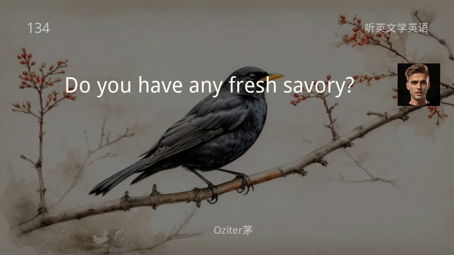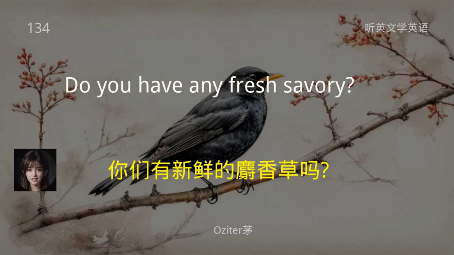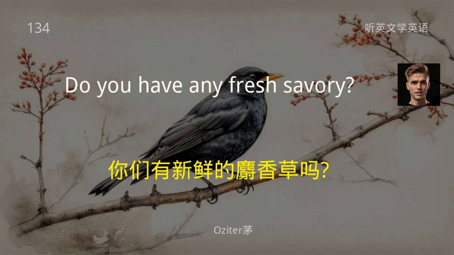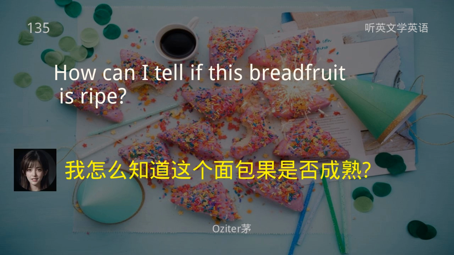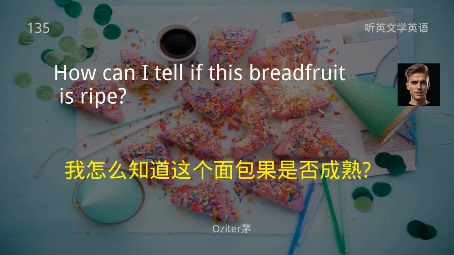Do you have any fresh savory? 你们有新鲜的麝香草吗？ How can I tell if this breadfruit is ripe? 我怎么知道这个面包果是否成熟？